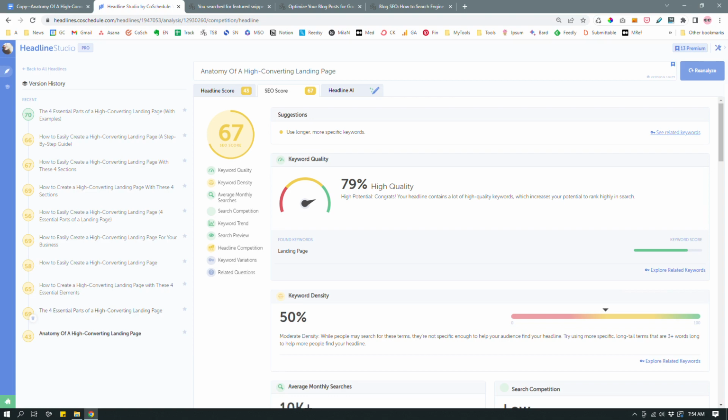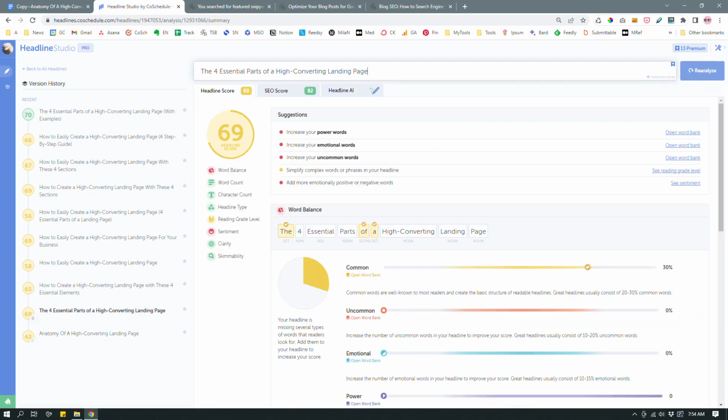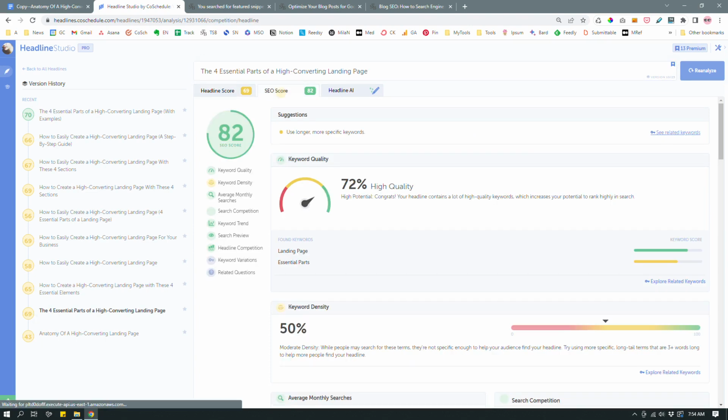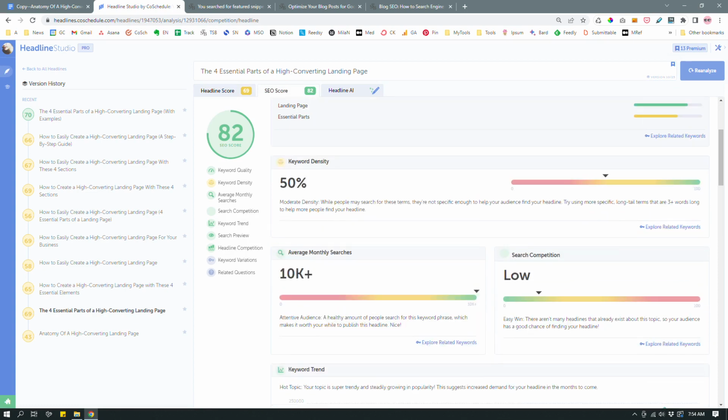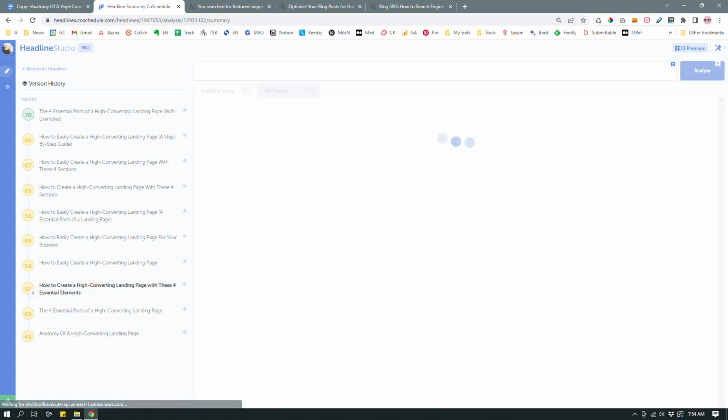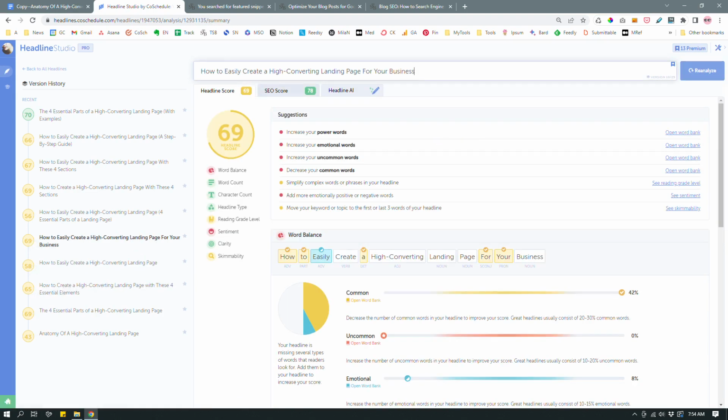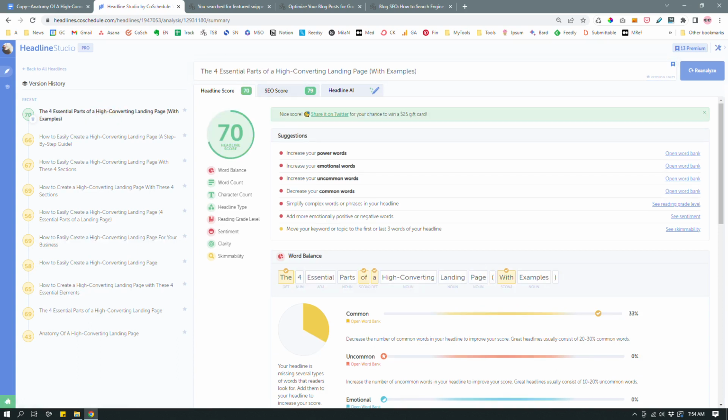After trying different versions, one of the versions I tried was The 4 Essential Parts of a High Converting Landing Page. It improved my headline score, and it improved my SEO score by a lot compared to the original one. Then I tried a couple other ones. Some of them were okay, some of them were not so okay. And essentially, I figured that this was a better balance between headline structure and SEO: The 4 Essential Parts of a High Converting Landing Page, and then in parentheses,